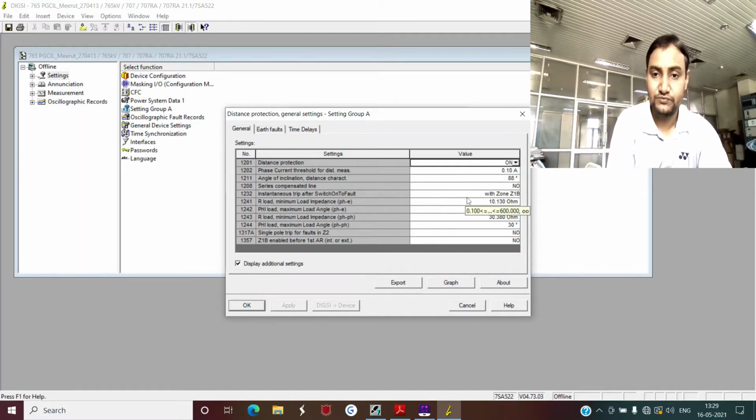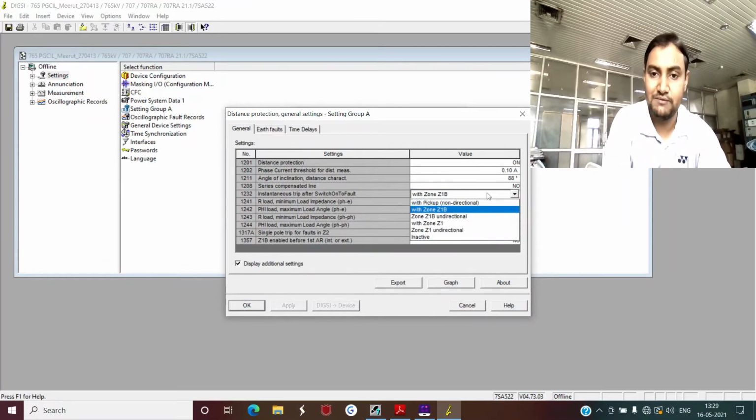Suppose you are using a switch on to fault logic and you have closed a circuit breaker. Now it might happen that once the circuit breaker closes, your relay will see a fault. Suppose there is a permanent fault. Now how should this relay operate? If you want to give directionality to this, you will have many settings available. The first one is with pickup, and this is a non-directional setting. With pickup, non-directional means your SOTF logic will work on any of the faults anywhere in the system.